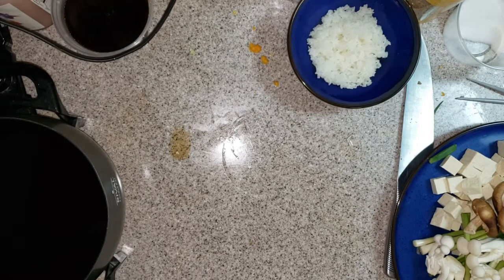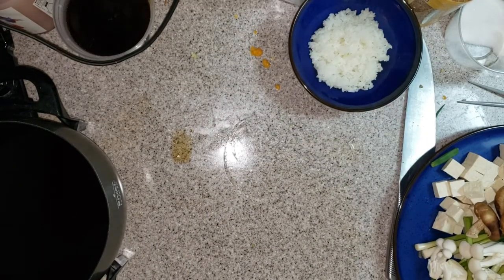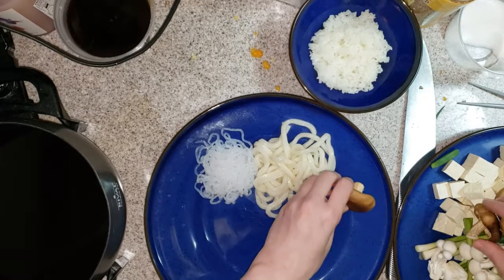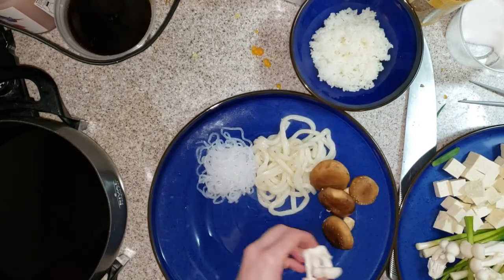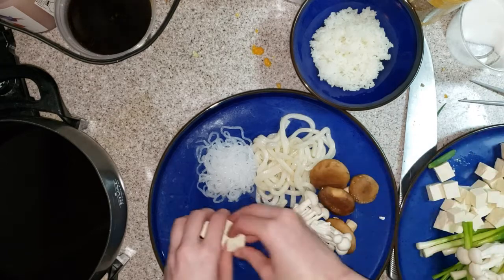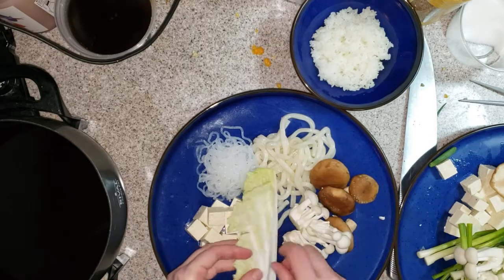Now for plate up, you could easily do something semi-fancy. Gotta go get some noodles. Some noodles, and I'm doing plate up for one person. So some shiitake, some enoki. If you have, some people do carrots and stuff like that. Some tofu. And